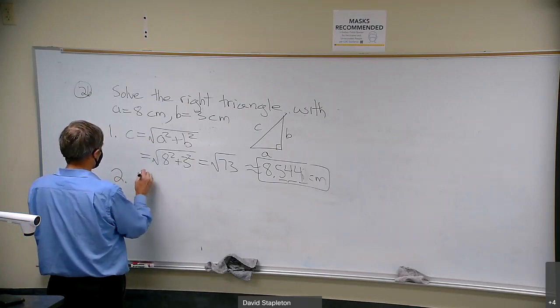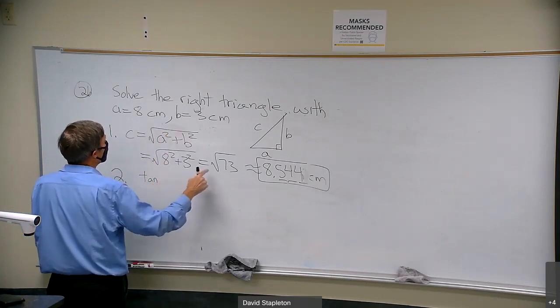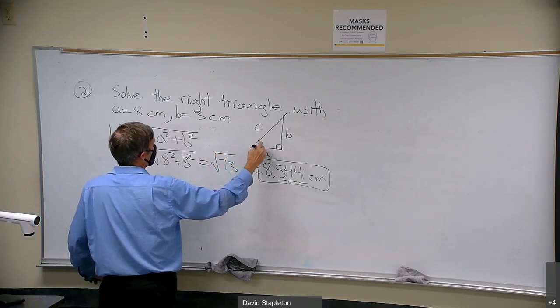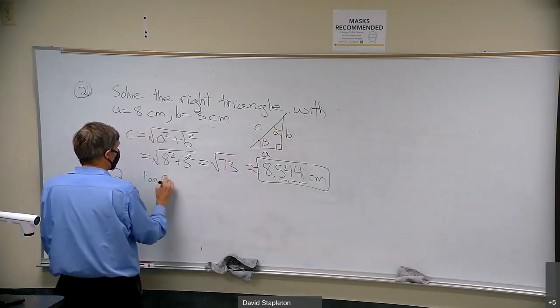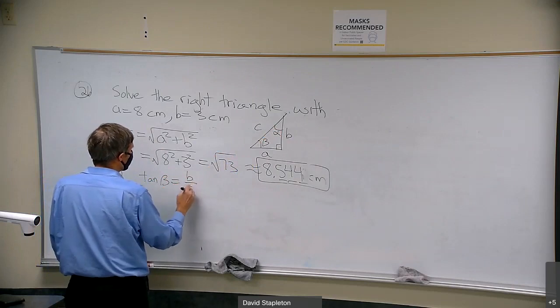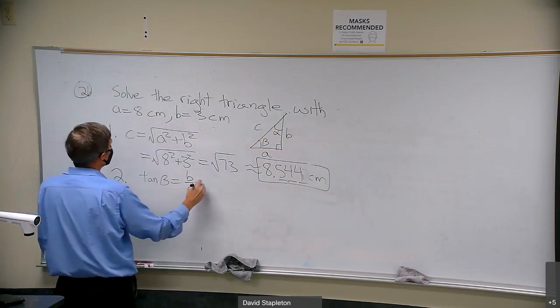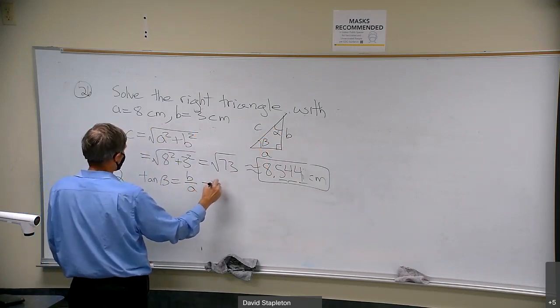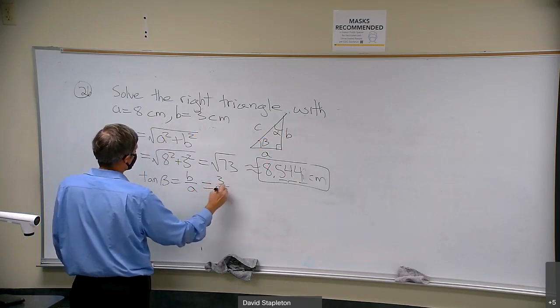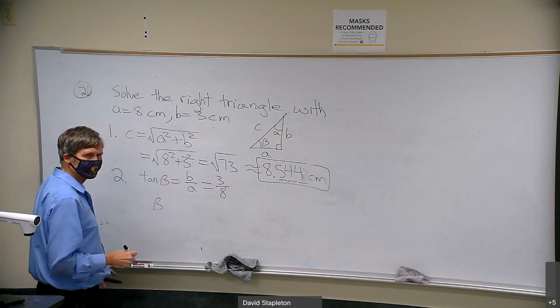We'll say, for instance, using the numbers I was given, tangent of beta. Beta goes opposite B and alpha goes opposite A. Tangent of beta is B over A, right? It relates the 2 numbers I know, that I've been given, to the one I want to find here, beta. So let's see, B over A is 3 over 8. So what is beta? If tangent beta is 3/8, then beta is